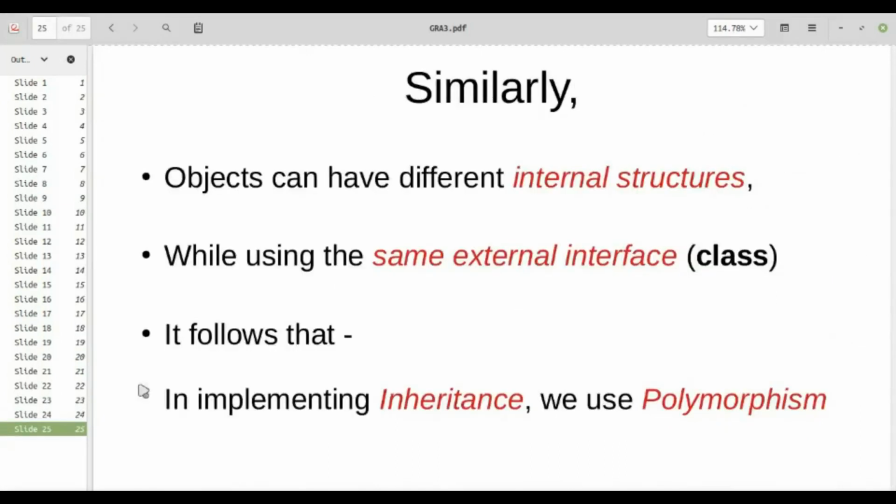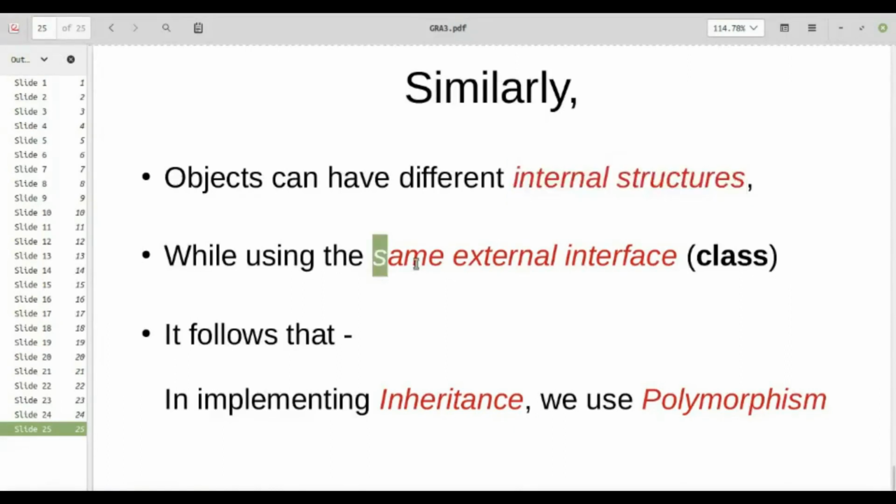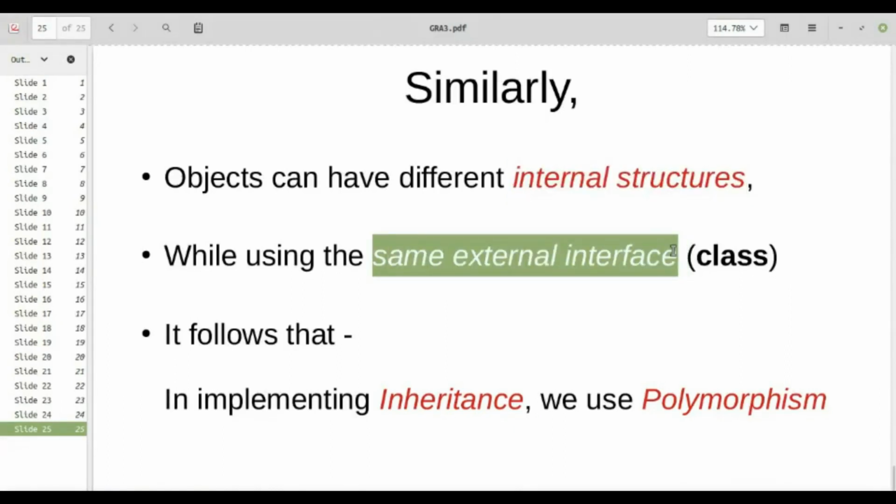So the last slide for today, that will reveal something. Objects have different internal structures, right? While using the same external interface or class. So does that make you think that we are actually implementing polymorphism even in a class?